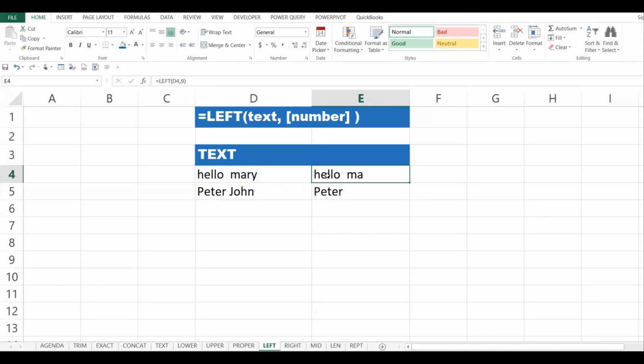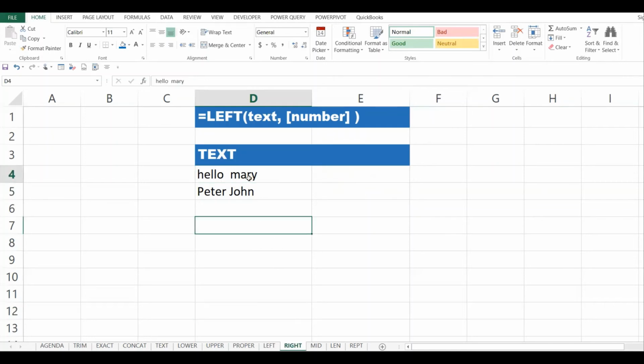You see, it counts the space, and then it picks 2 from here. If I picked it down, this is what it extracts. So you can have a set of data, and you want to pick out particular text from that data, so you can use the left function. So remember, the left function, you count from the left.